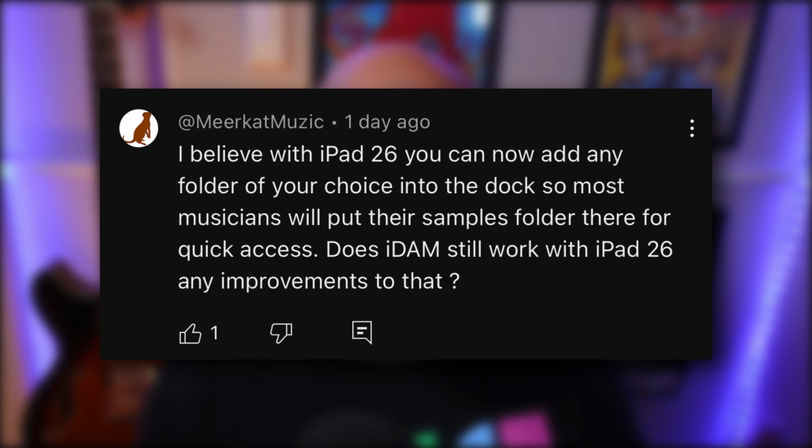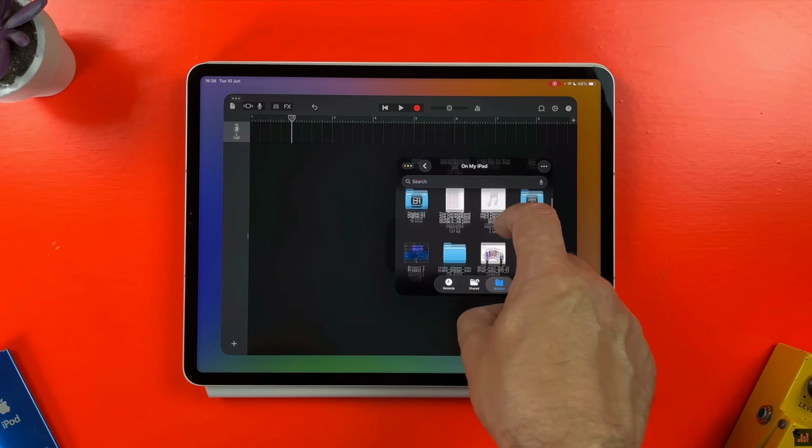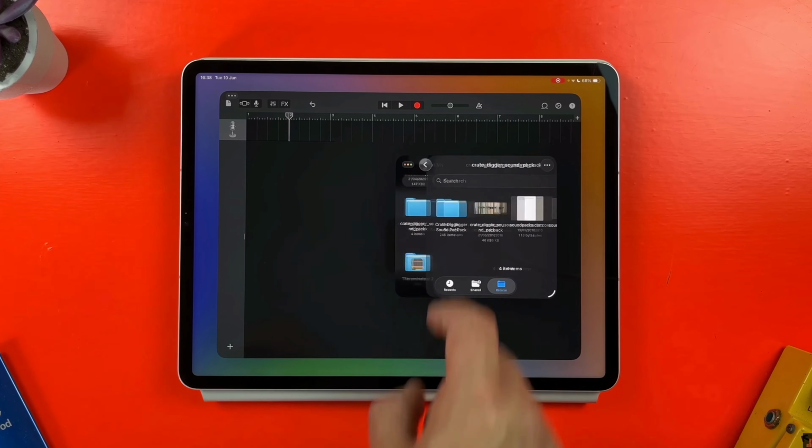I believe with iPadOS 26 you can now add any folder of your choice into the dock, so most musicians will put their samples folder there for quick access. Does iDAM still work with iPadOS 26? Any improvements to that? iDAM remains unchanged as far as I can tell, and yes, adding a sample folder to